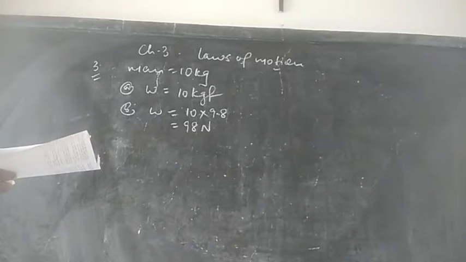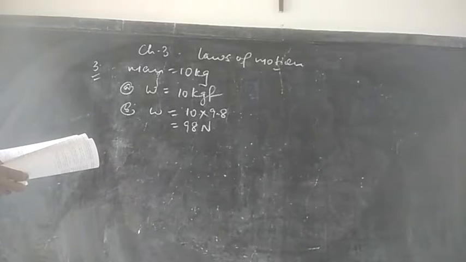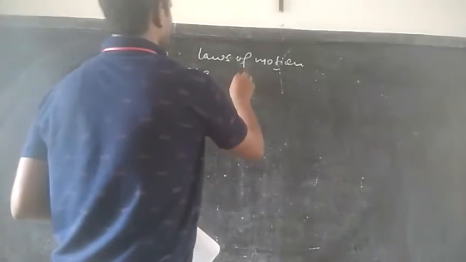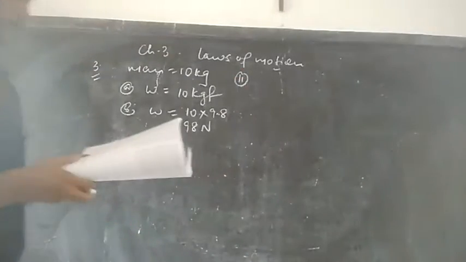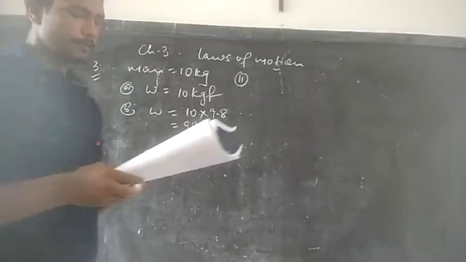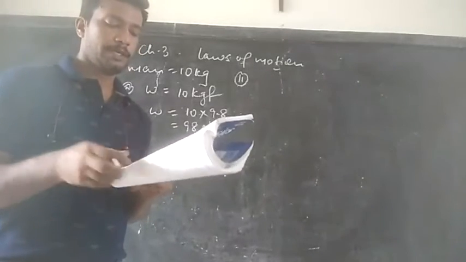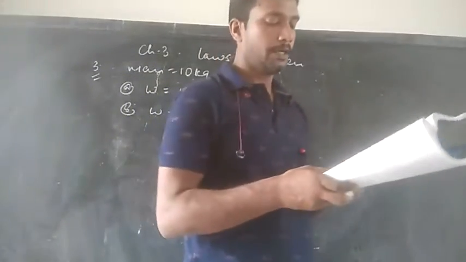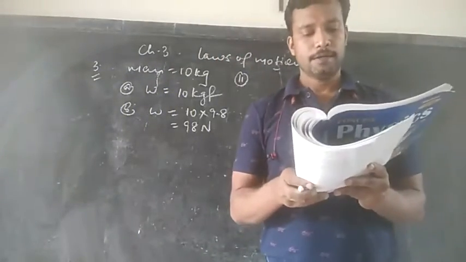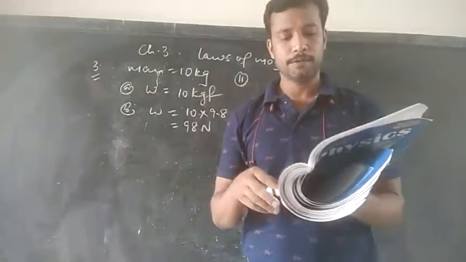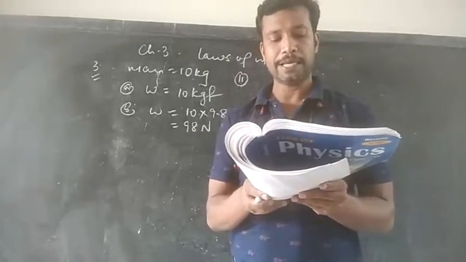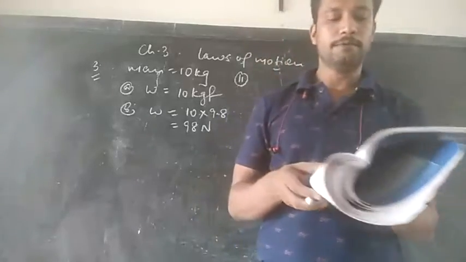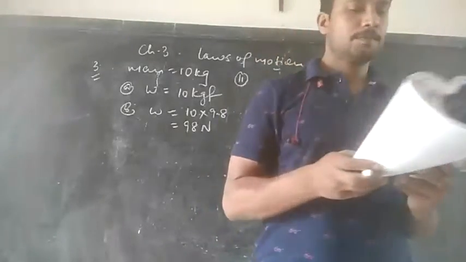Next is question number 11. A ball is thrown vertically upwards. It goes to a height of 20 meter and then returns to the ground. So you can see initially the ball has been thrown vertically upwards, and then after reaching a height of 20 meter, it returns to the ground, taking acceleration due to gravity as 10. You have to find the initial velocity of the ball. So let's do it.